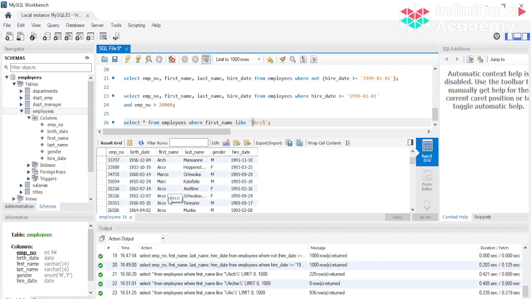So you can see there are other values as well popping up. Basically Marco, and there's Arco as well. It's cool. And as you can see here, it is not case sensitive. But if you want to do a case sensitive search, that also you can do. You can take that as homework: in case you want a case sensitive search on any text or varchar value, how do you do that? So take that as homework, and let's move on to the next operator.